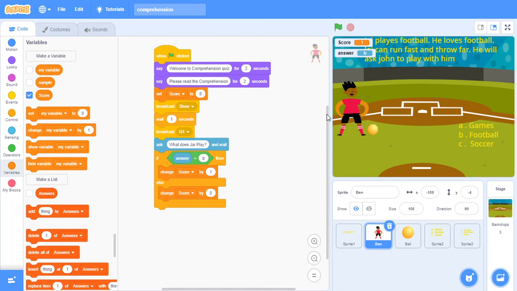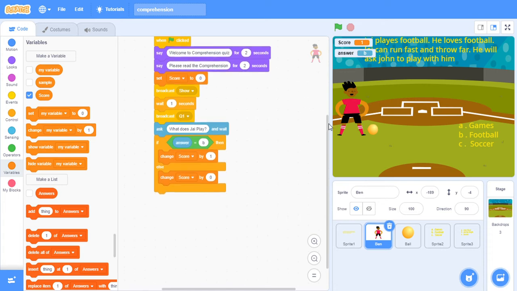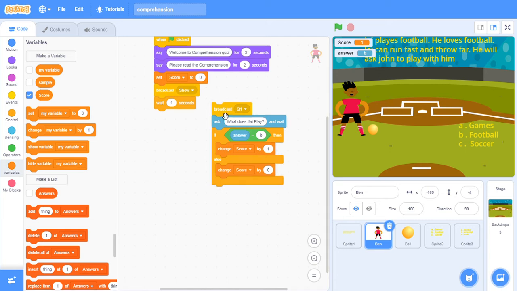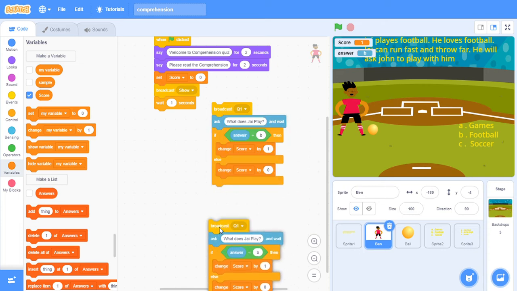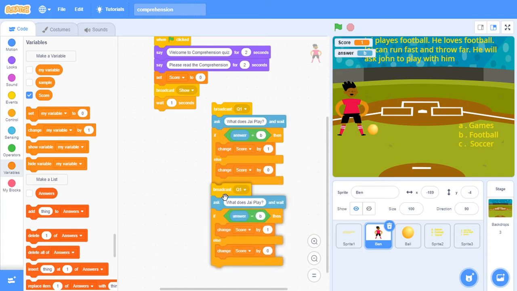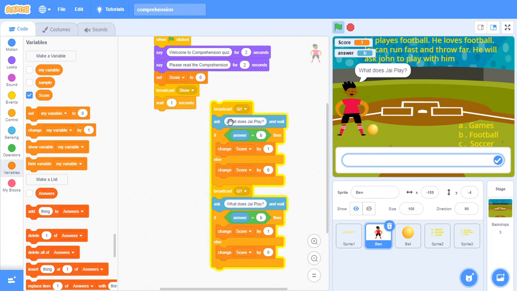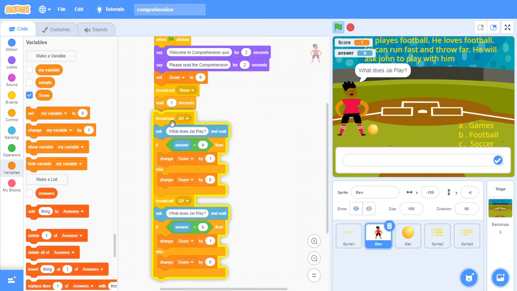Now what we need to do is, for the second question, we just need to repeat the same. Simple. So from where we need to repeat? From this broadcast block, because we want to show the second question options, then we want to ask the second question, then we want to compare the second question answer with the correct answer, right? So from here we need to duplicate. I have duplicated it and I have added it at the end after the first question. And I am adding it to the complete flow.